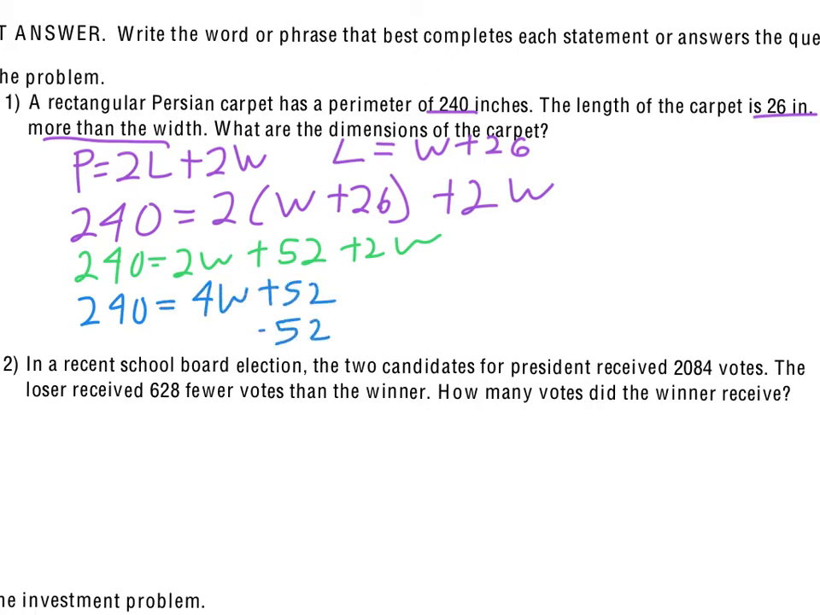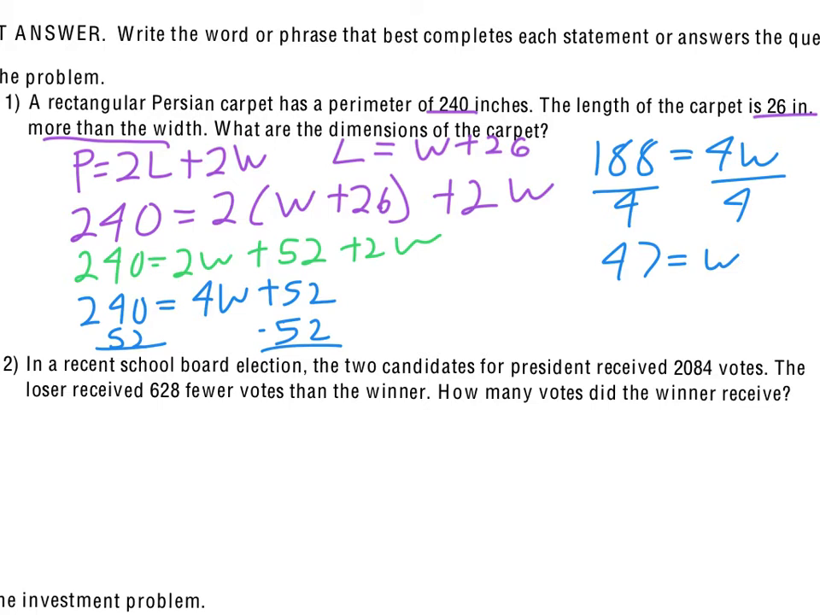So of course we subtract the 52 from both sides of that equation. And that will end up giving us 188 equals 4W. And so then we just divide the 188 by 4, or both sides by 4 really. We get 47 equals W. So it appears that the width will be 47 inches, but they want both of the dimensions, so we use